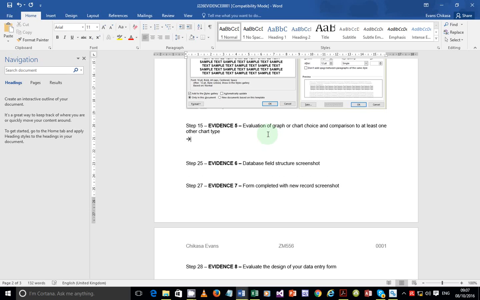So let's do that. One of the reasons that we are going to give is that a pie chart is not suitable because